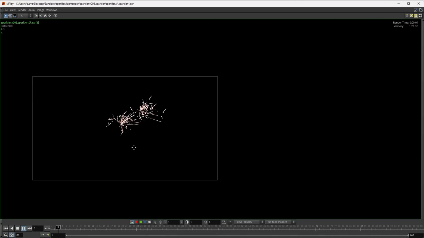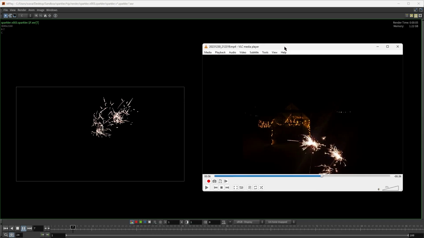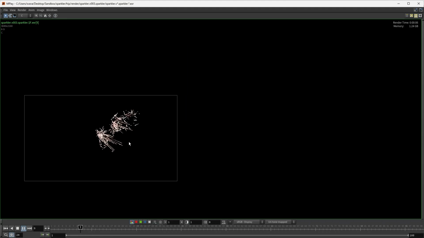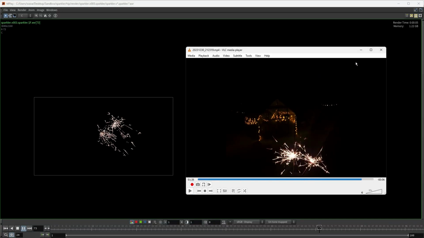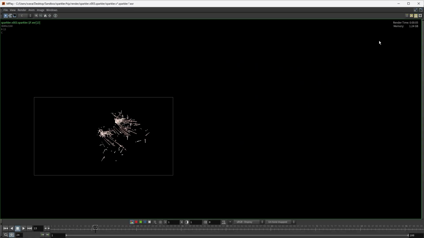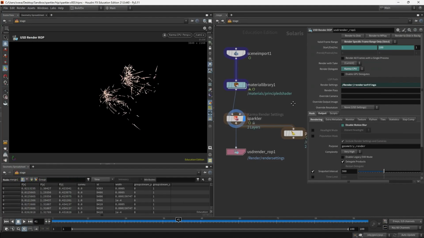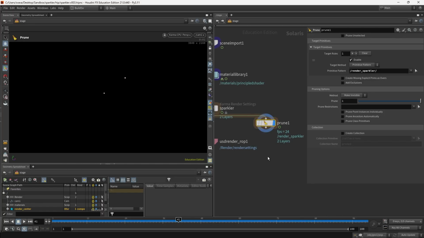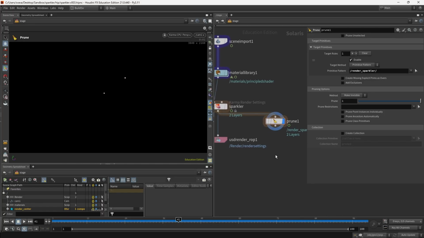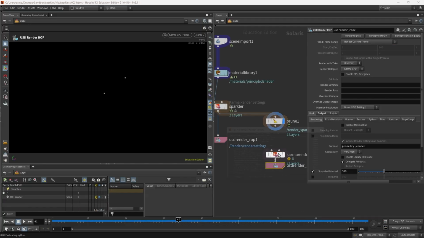Something like this. And if we compare this to the reference, and it's good to have them similar size, I'm missing the glow at the center, so I'm going to render out the little sphere separately and then use it to add some glow. So I already pruned the sparks away, so here we're left only with the spheres. So I'm going to put down a karma setup.